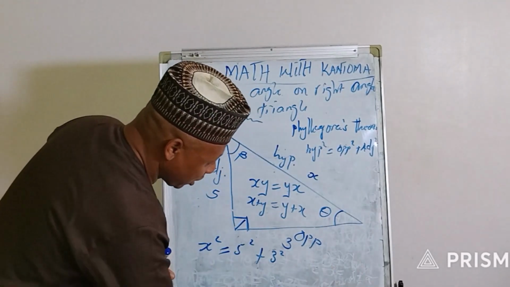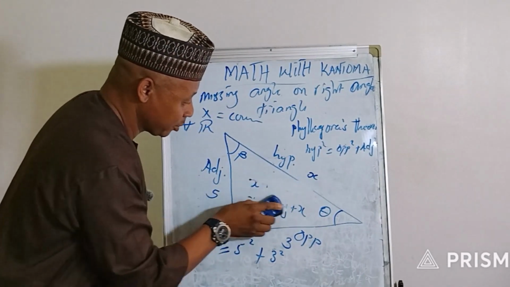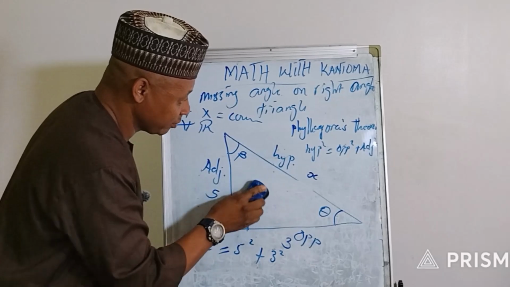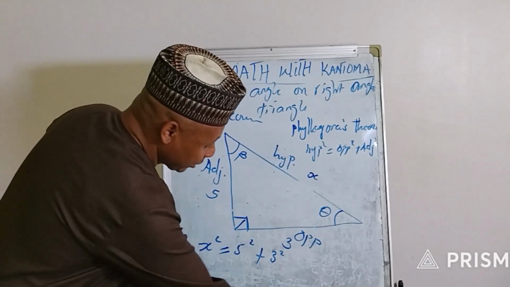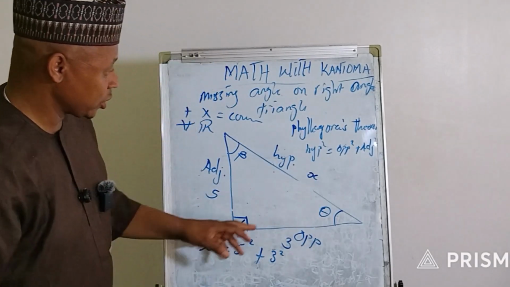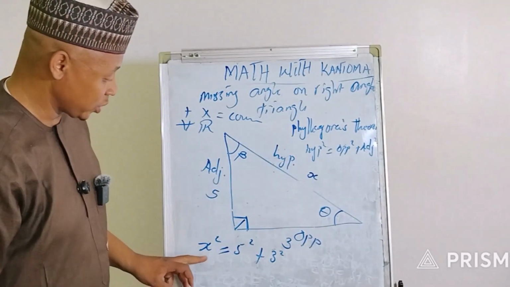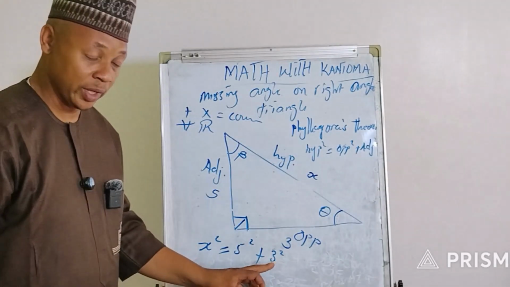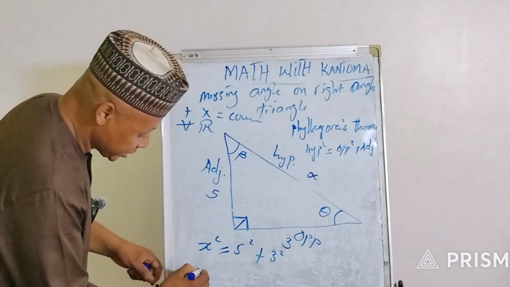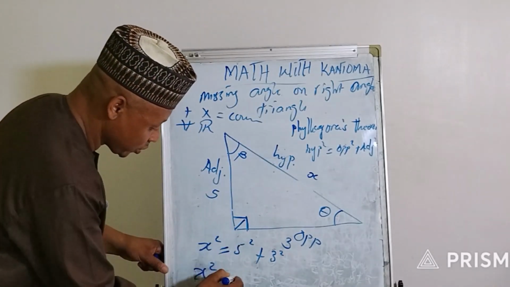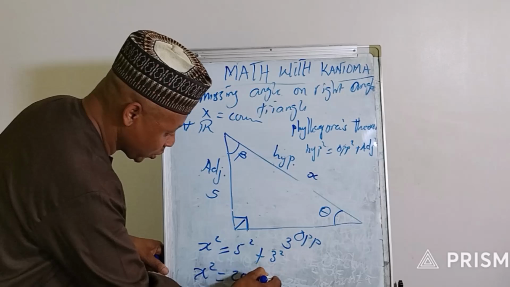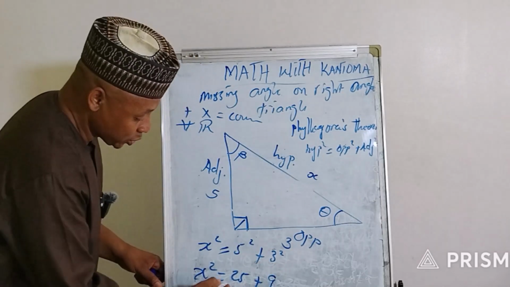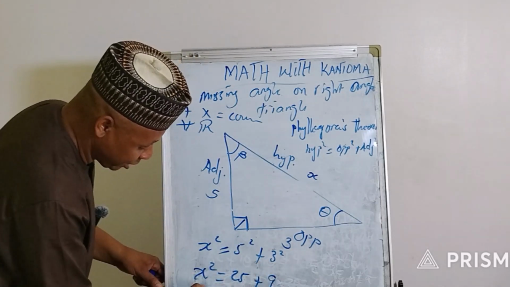So now going back to our real problem. Our real problem says we should find the value of this x. And finding the value of x leads us to Pythagoras theorem, which says hypotenuse squared is equal to opposite squared plus adjacent squared. So now we are looking for x. Therefore, x squared is equal to 5 squared, which is 25, plus 3 squared, which is 9. So 25 plus 9, we have x squared is equal to